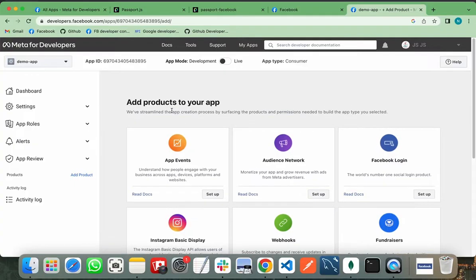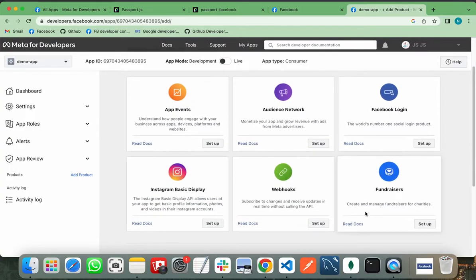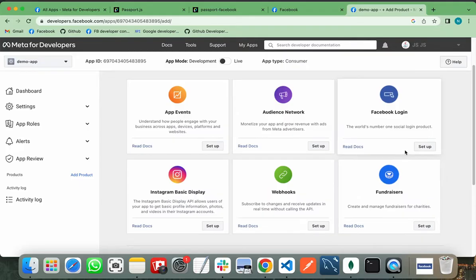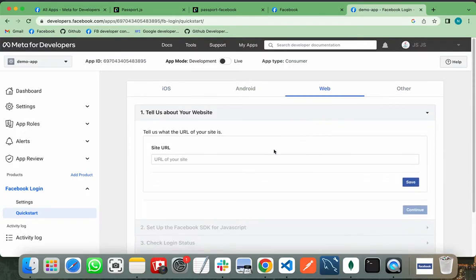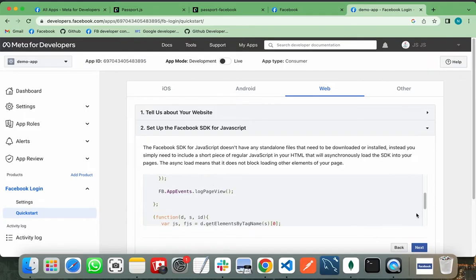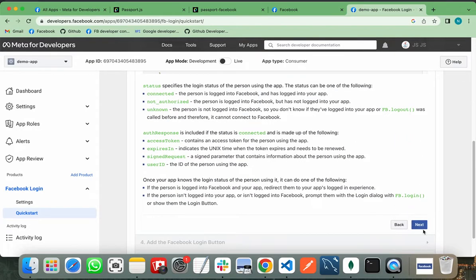Now you need to add new products to your application. In order to create the application for the login with Facebook function, you need to add Facebook login in it. Click on setup. After that you need to click on web and give your URL here. As I am running the application on localhost, I am giving the site URL as localhost 3000 and click on save and continue. Just click on next